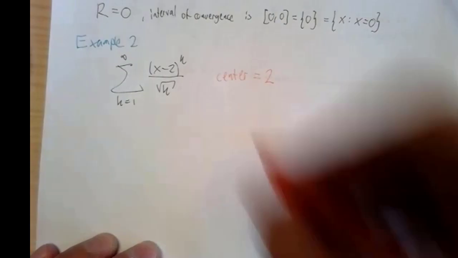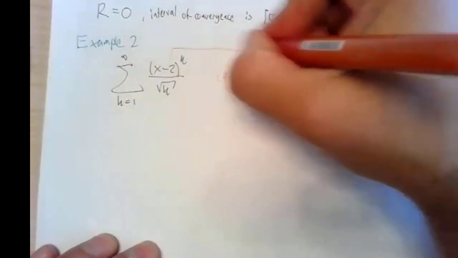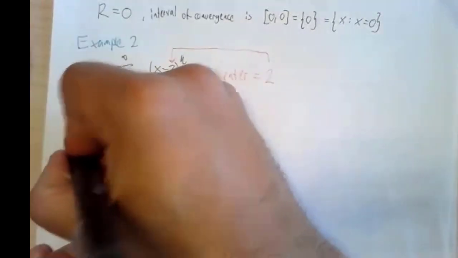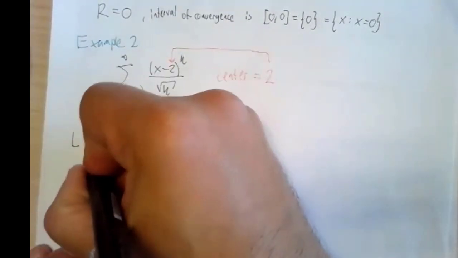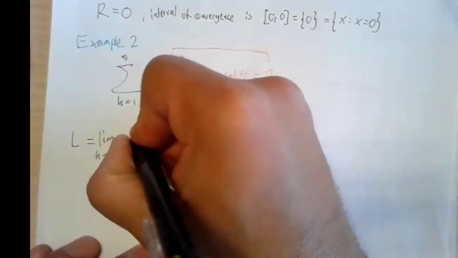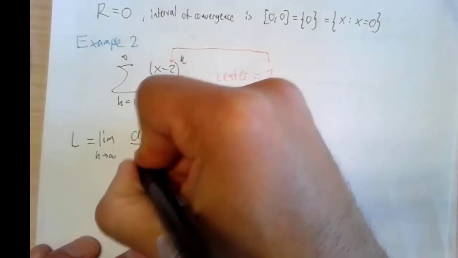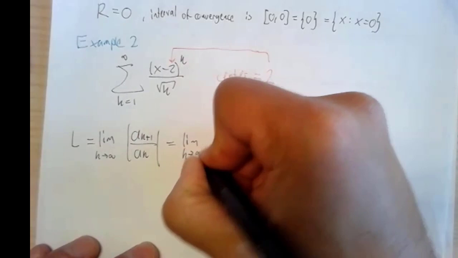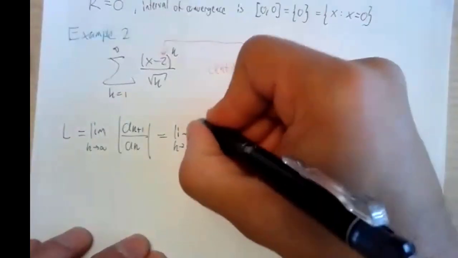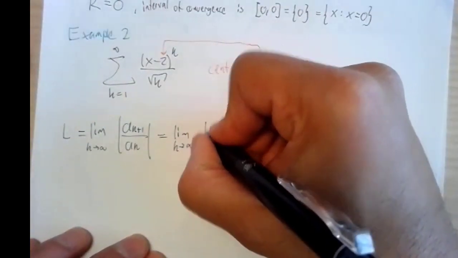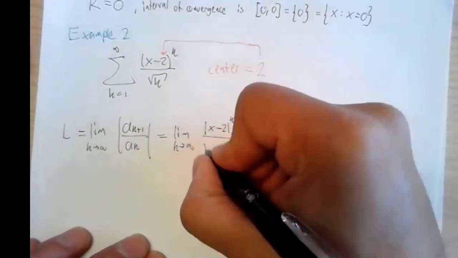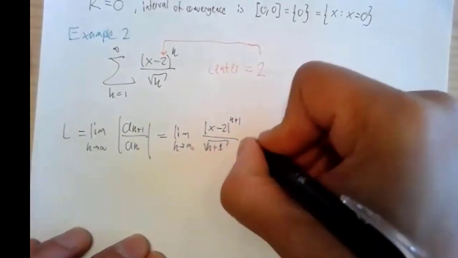That's kind of clear, right? Is that not that number right here? And then we do the limit, right? The limit when k goes to infinity of the k plus 1 term over the k term. That's how the ratio test works. And this turns out to be (x minus 2) to the power k plus 1 divided by root of k plus 1 times